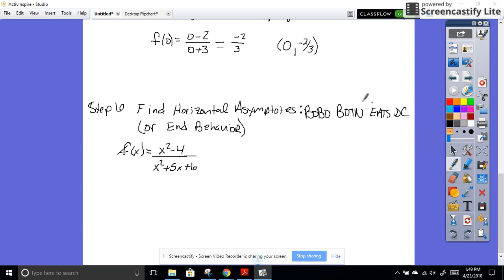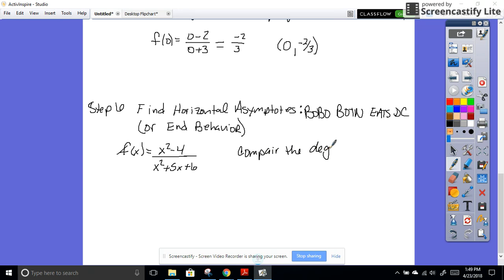So this looks crazy: Bobobot needs DC. It's just a quick way for me to remember how to find the horizontal asymptotes, because it's really pretty easy. Notice that I did not write the factored form. I wrote the original form of the problem down because that's what I need. In order to answer this question, I'm going to compare the degree